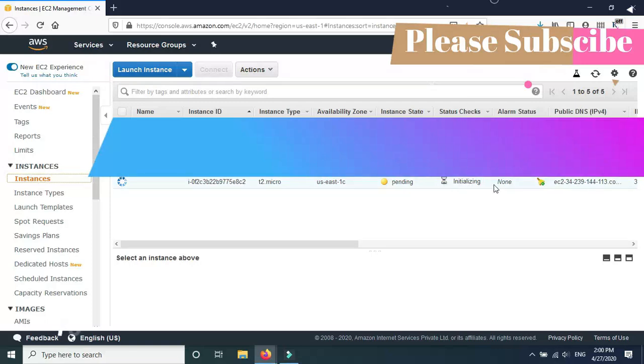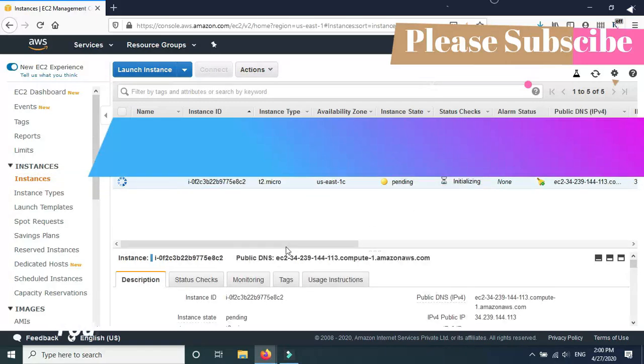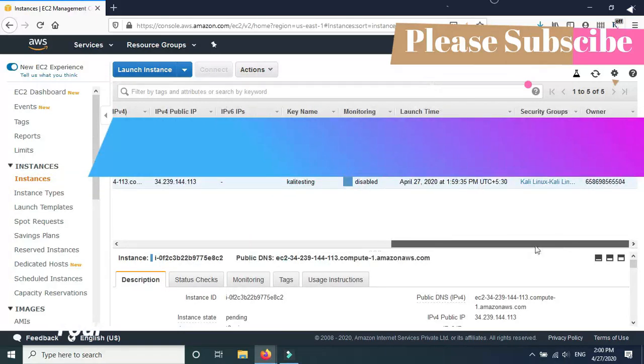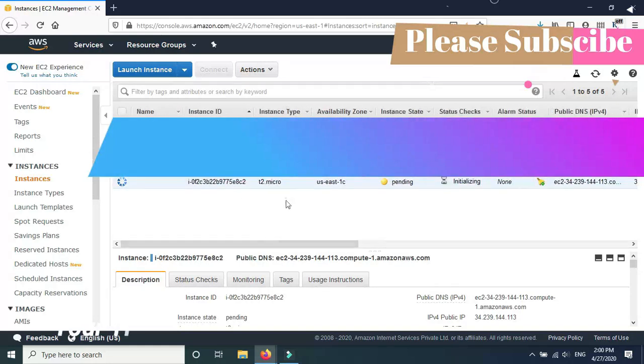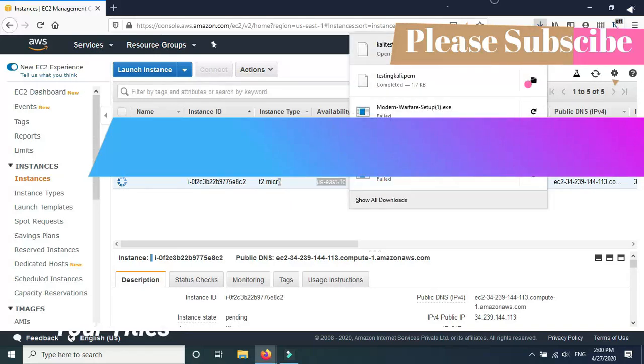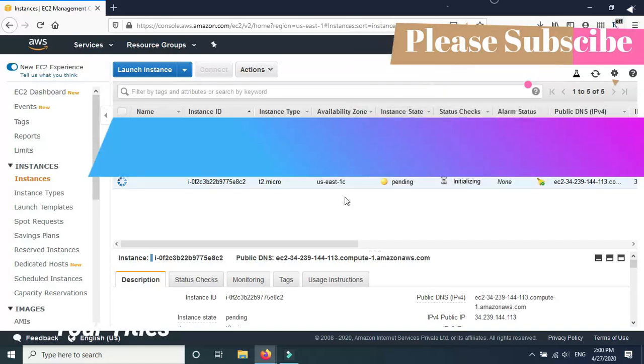The status says it's initializing, so it will take some time as it's setting up the machine. Till then I'll show you other things, like the file we have downloaded. We have downloaded a file called Kali testing. That is a PEM key that is needed to log into this instance.